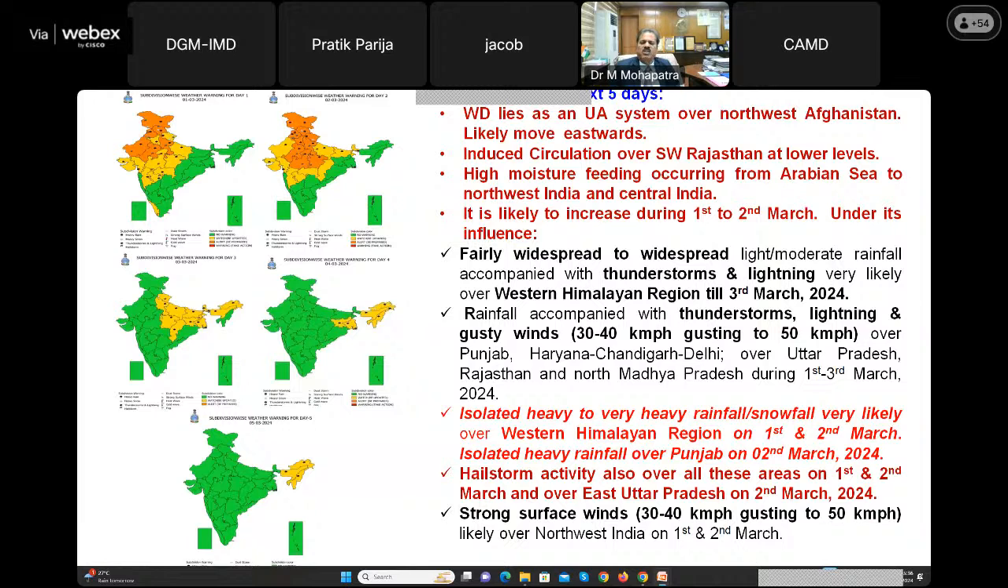के लिए। Isolated heavy rainfall activity is also likely over Punjab on 2nd March and hailstorm activity likely over these areas over northwest India on 1st and 2nd March and over east Uttar Pradesh on 2nd March. Strong surface wind is also likely over northwest India, जैसे हमने पहले बोला था, थंडरस्टॉर्म के साथ। 30 to 40 kmph, गस्टिंग 50 kmph, कहीं कहीं थोड़ी सी ज्यादा भी हो सकता है।